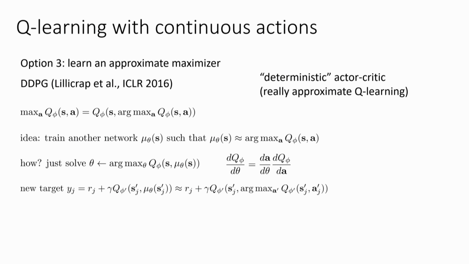Yes? If it's more of a Q-learning method, then why is it called policy gradient? Right. So if you actually read this paper, it presents the method more from the standpoint of taking a policy gradient procedure and then taking the limit as the policy becomes less and less stochastic. It turns out that if you do this, you recover a method quite a bit like this. They actually end up being equivalent.